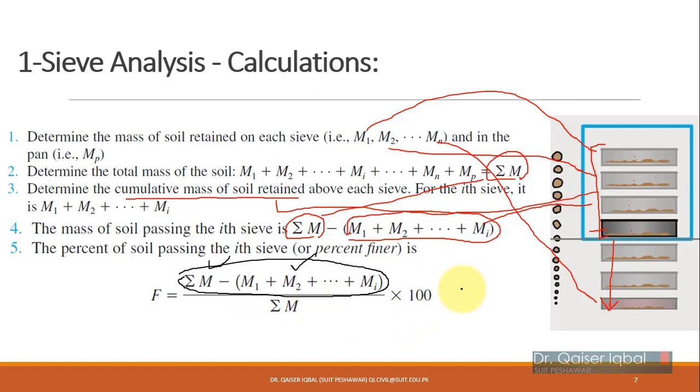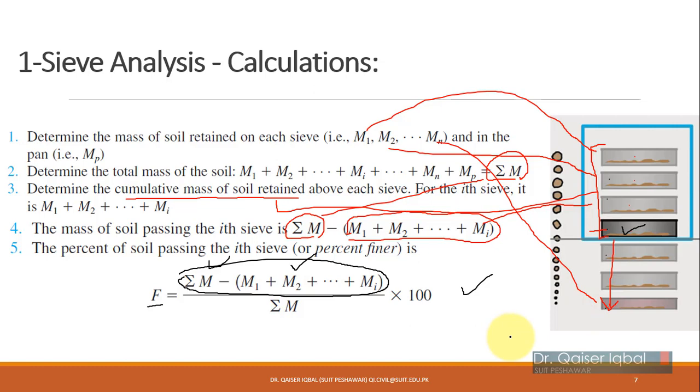That will give you the percent finer, which means that much percentage of material is finer than this sieve. If it is finer in size than this sieve, it will pass through it. So in this fashion, we will determine the percent finer for each sieve opening, for 4.75 mm, 4 mm, 3 mm, 2 mm, 1 mm, all the way up to